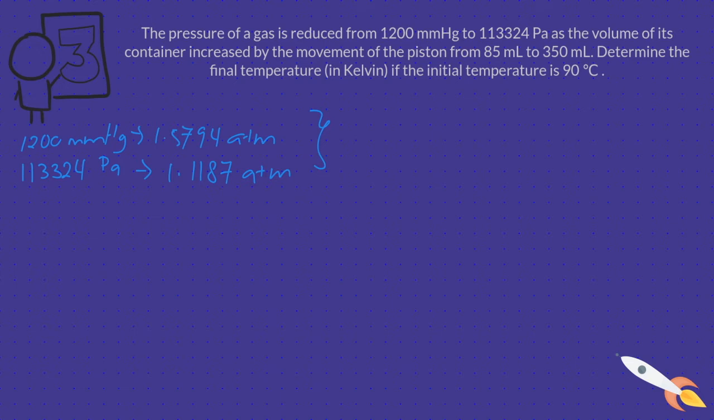Alright, since you already have converted this unit, the next thing that you need to do is look back at the question and think of what formula that you can use. Since you were given the pressure, volume and also the temperature, obviously you are going to use the combined gas law. So in the combined gas law, again, it is P1V1 over T1 is equivalent to P2V2 over T2, right? So the pressure is equivalent to 1.5794, and the initial volume,